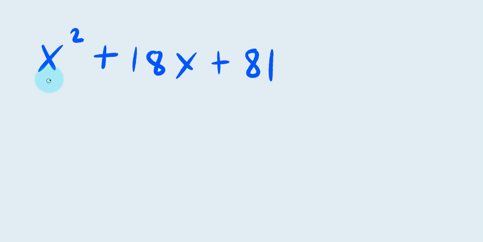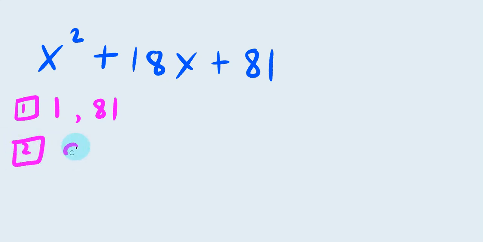In this example, again, our first step is the concept wherein we should follow or know and understand in the trinomial which one is a square number and not a square number. Step number 1, we can see here there's a 1 beside x there, and 81 is a square number. And step number 2, basically we'll get the first square number here, and the variable x squared, we get x.